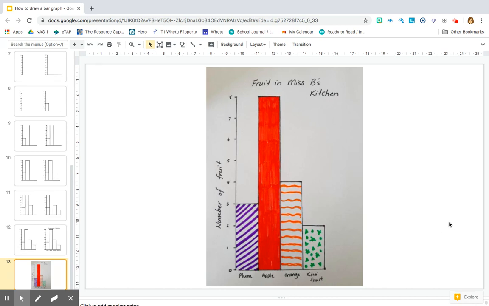Now it's your turn. Have a look around. Make a note of different things that you have. It could be stationery. It could be books that you have. And have a go at making